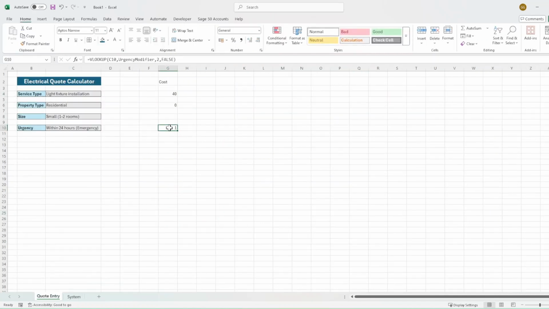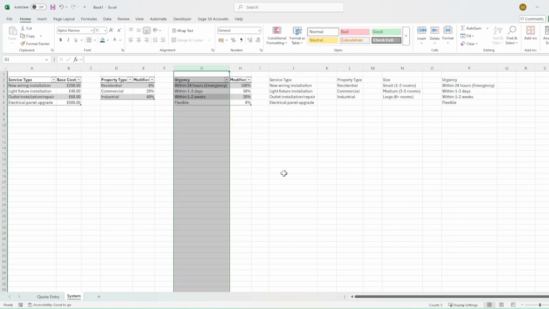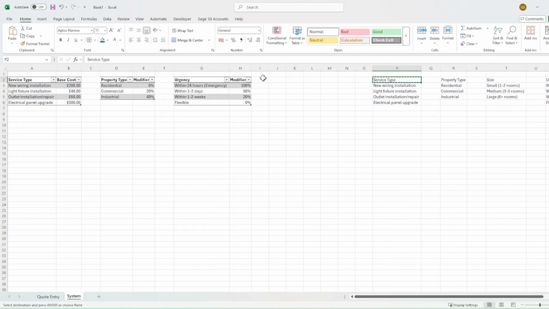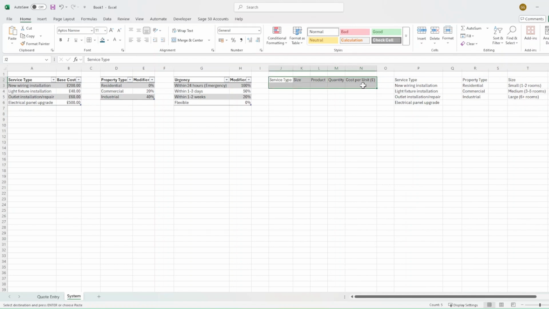We need to work out how to incorporate our size. This is going to be based on materials. So let's just add in another space for this. And we're going to need the service type. We'll need the size, the product, and then this is where we set our quantities and then obviously the cost per unit. So let's just add this to a table